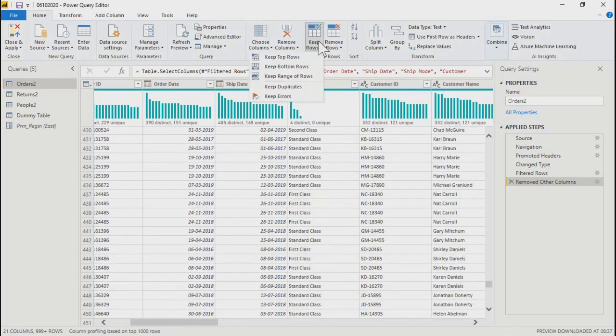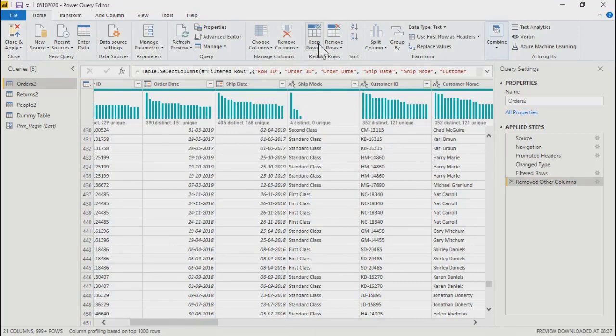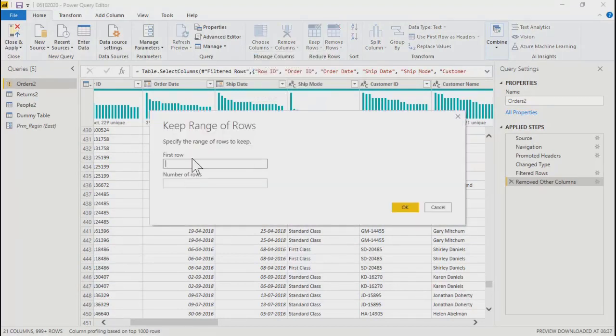Same goes with keep bottom rows. So how many rows from the bottom you want to keep? The other option will be keep range of rows, which means from the beginning, where you want to start from and how many rows you want.